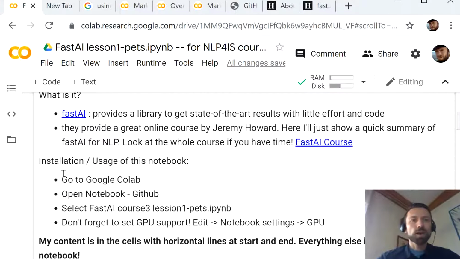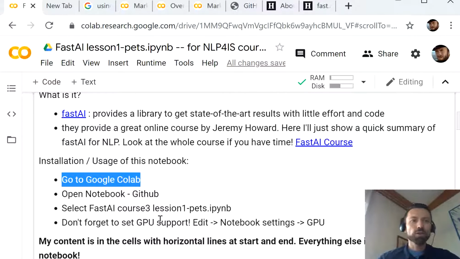Okay, so how do we now start? What you should do to use fastAI, I mean, you can use it on your own machine but you probably need to have a GPU for all a little bit bigger problems, so you cannot run it on the CPU. So either if you have a machine with a GPU, you can just install it on your own machine, or you can just use Colab, which I'm also doing here, to just make it easier. So what you do, you go to Google Colab,